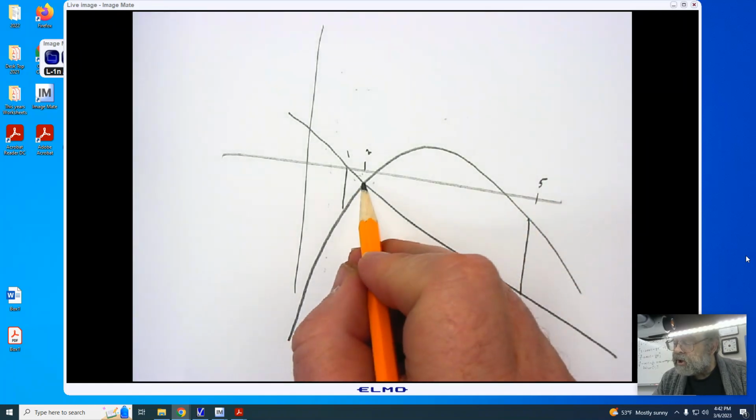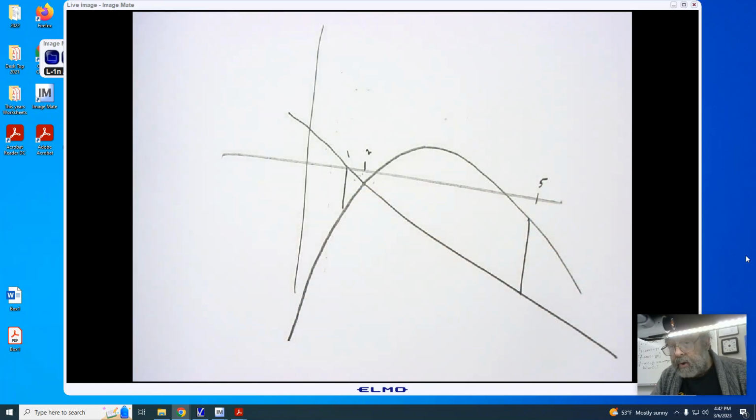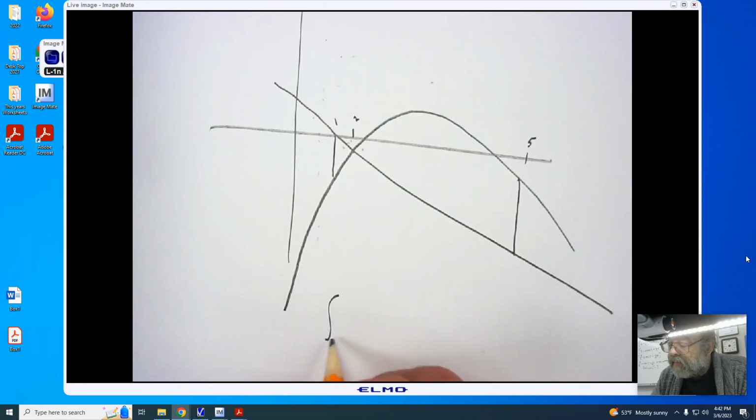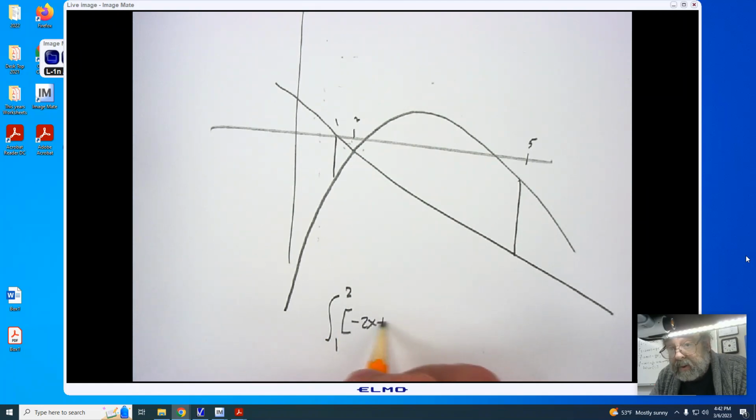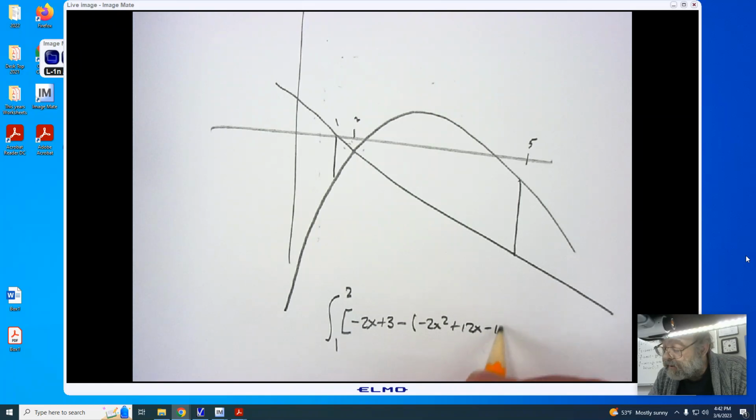Notice the orientation change at 2. So we're going to have 2 integrations that we're going to have to work on. The first is the integral from 1 to 2. And we're looking at our upper equation, the linear, negative 2x plus 3, and then we're subtracting the negative 2x squared plus 12x minus 17